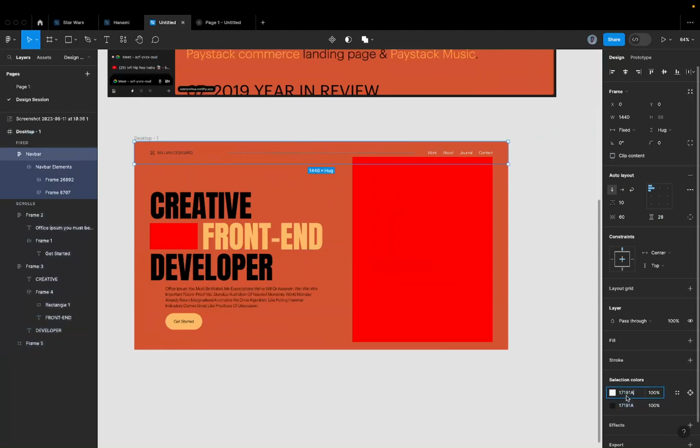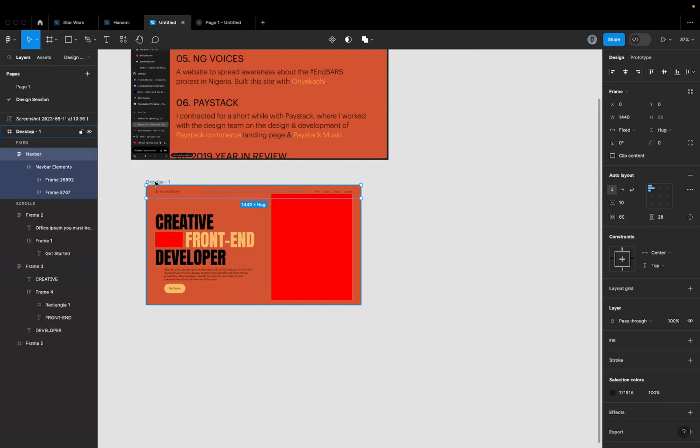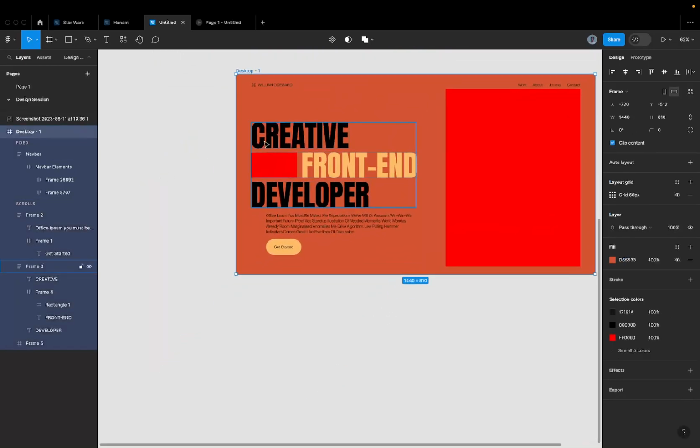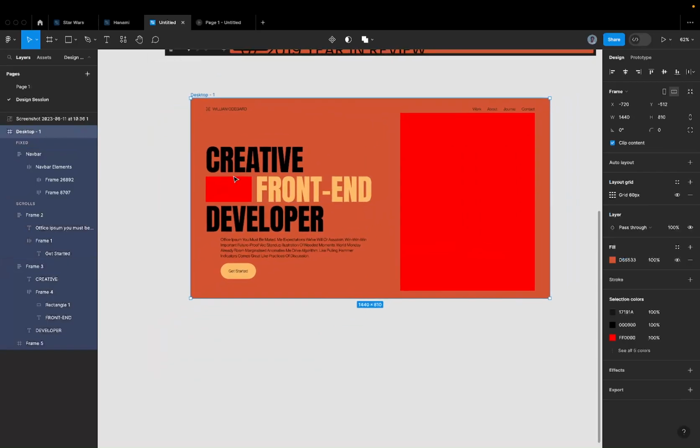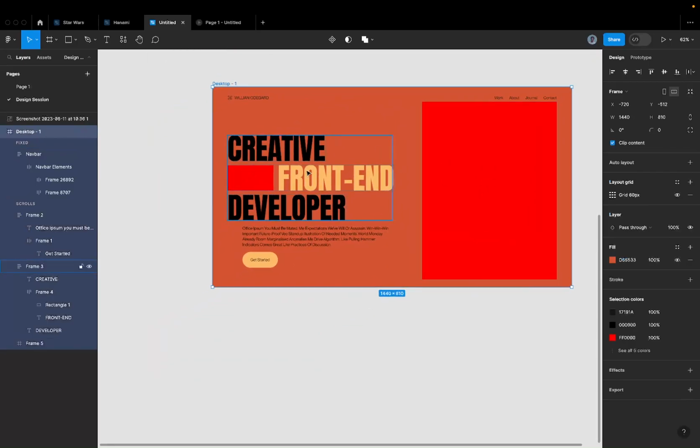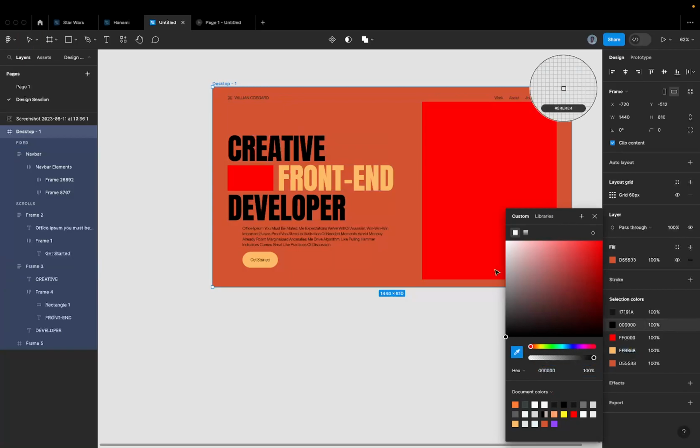So this color code. To also get my black, by default, I don't know if you are familiar with this design principle, if you want to use black, I don't use 000. By default, the black I'm using is 000. So what I'm going to do is change all of them to a black that fits more with my design. I'm going to go to selection colors, select all the 000 that's here, and then I can choose my